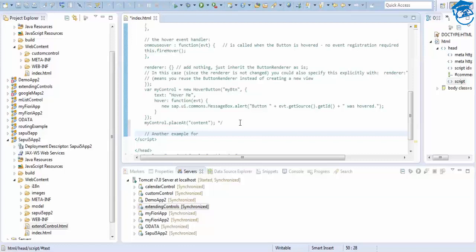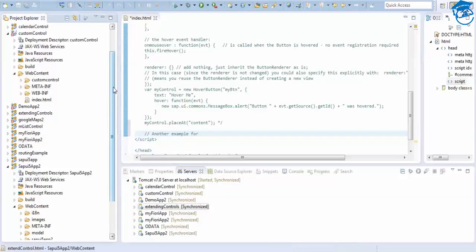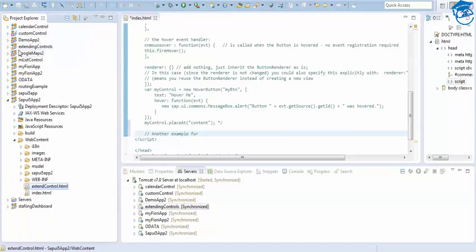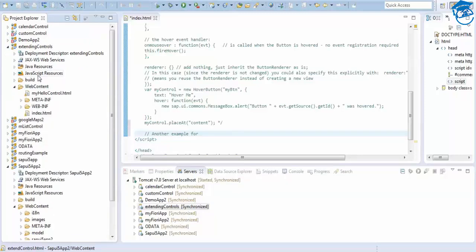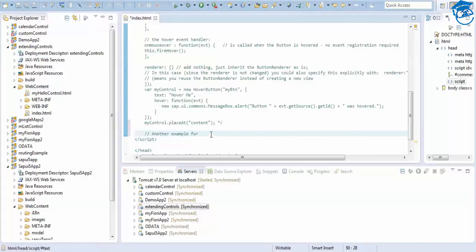We're going to create a new file and do it. Not the custom control, we're going to extend controls. Extending control. Inside this we'll have a separate folder. So this is another example for extending existing SAP UI5 controls.